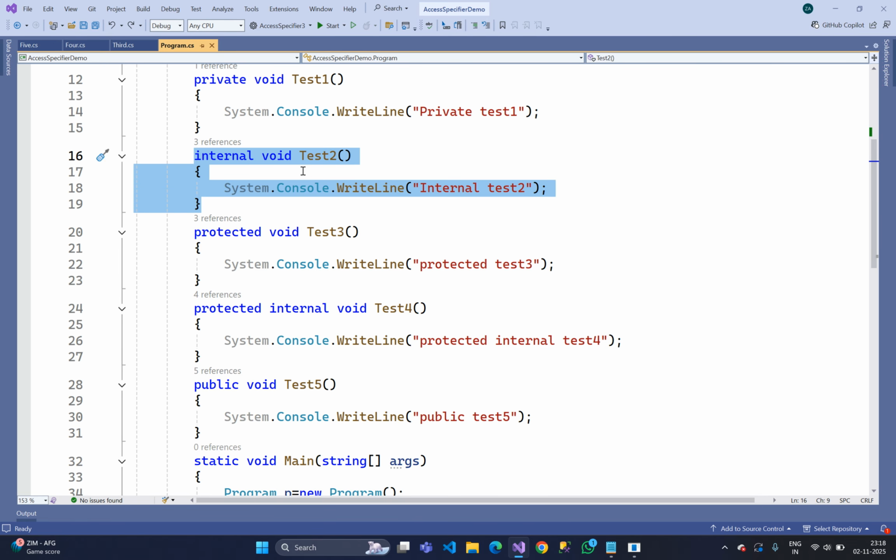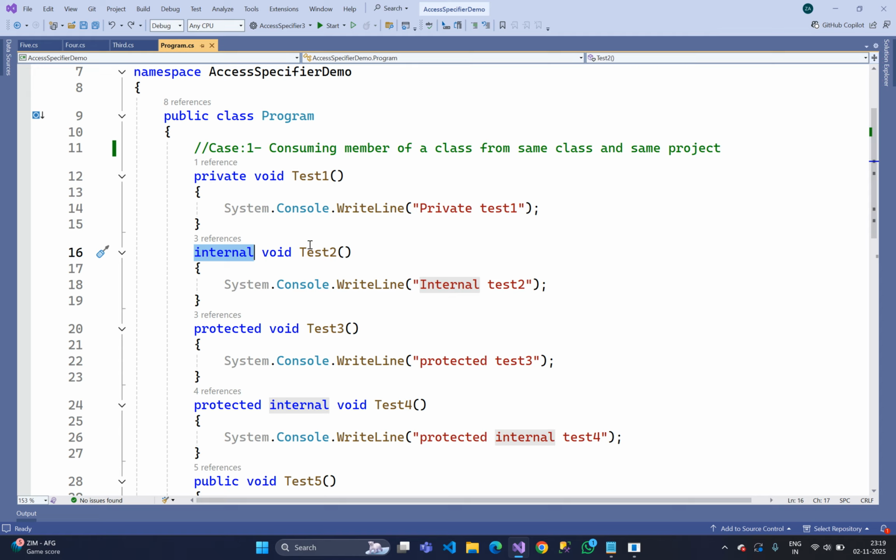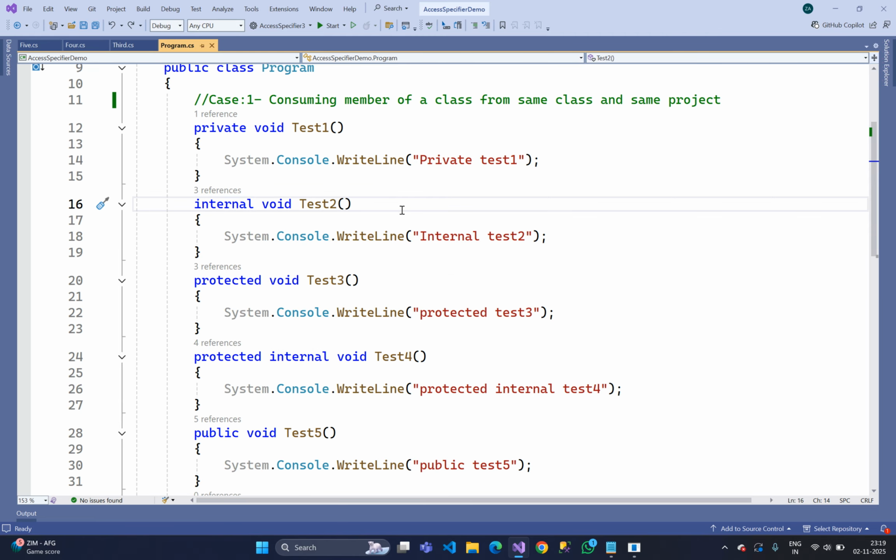Internal means it can be accessed within the same project. We can access it within the same project, either in the same class, a non-child class or a child class. Within the same project we can access it, but outside the project we can't. So private is not accessible,